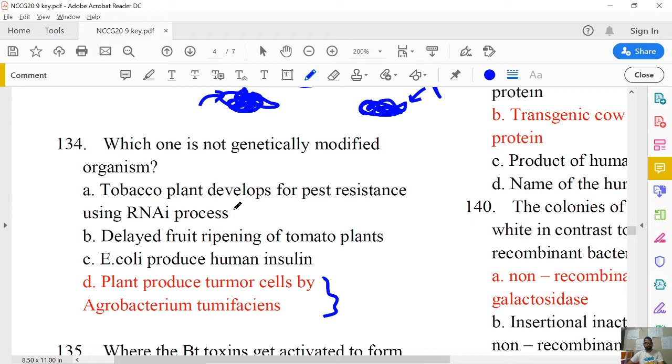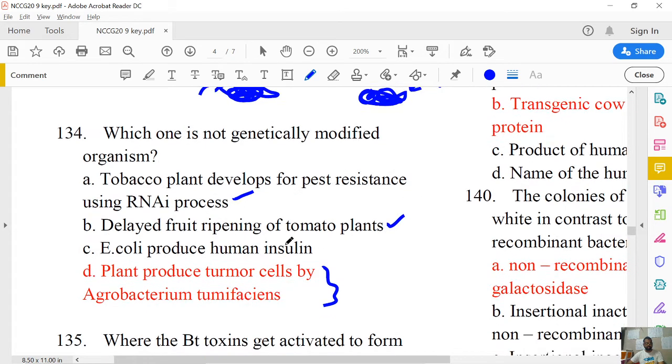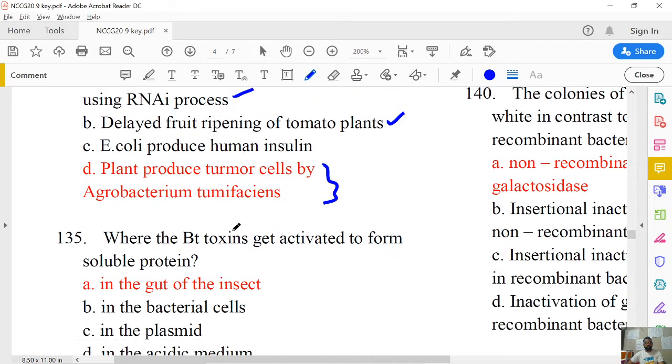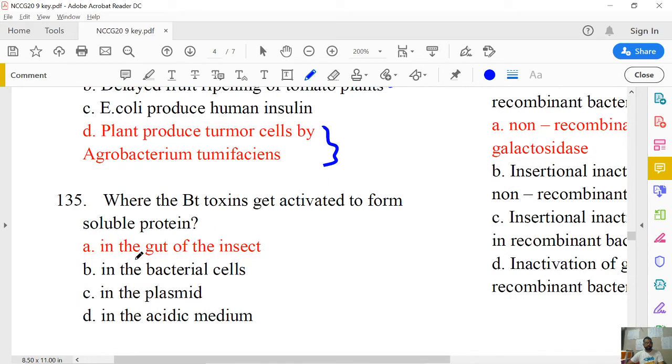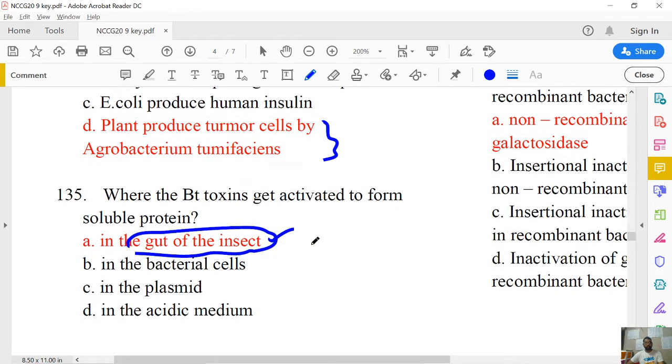So we have seen this in the case of meloidogyne incognita resistance, and this one we have seen in the case of flowers or tomato. And E. coli used for insulin is also a genetically modified one, where the Bt toxin gets activated to form a soluble protein. So this happens inside the gut of the insect as it possesses alkaline condition,